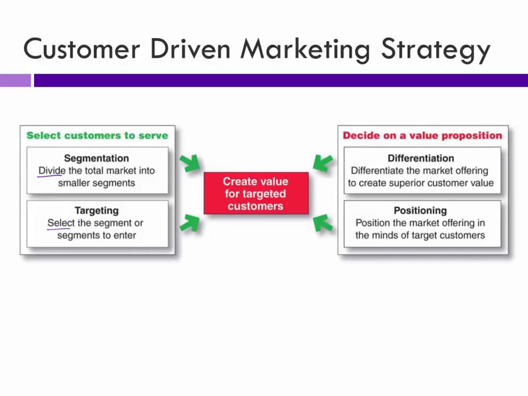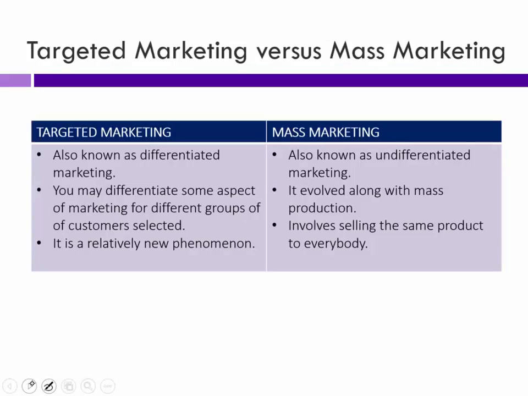to go after. Then you need to differentiate your product from your competitors, and positioning is finding a position in the minds of the consumer. What's the first thing they think of when they hear your name? Is it quality? Is it cheap? Is it convenient? What do they think of there? This is actually in the next chapter, but we'll talk about segmenting, targeting, and positioning in this chapter.